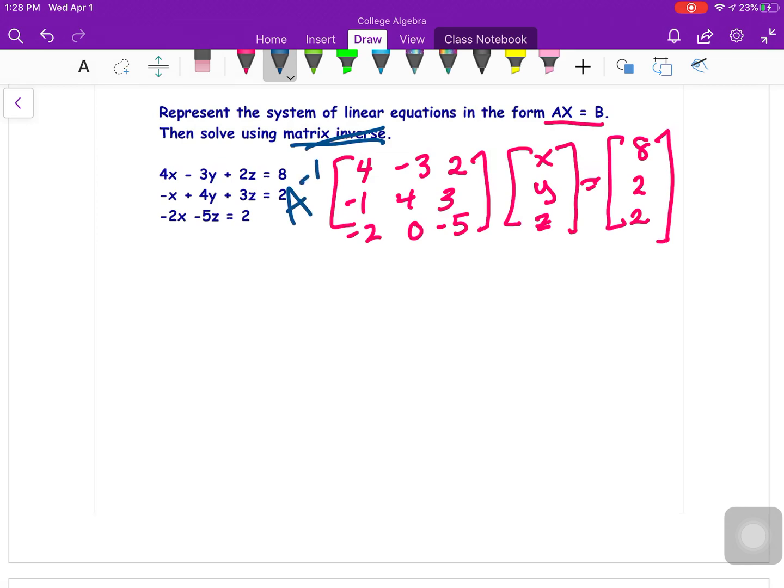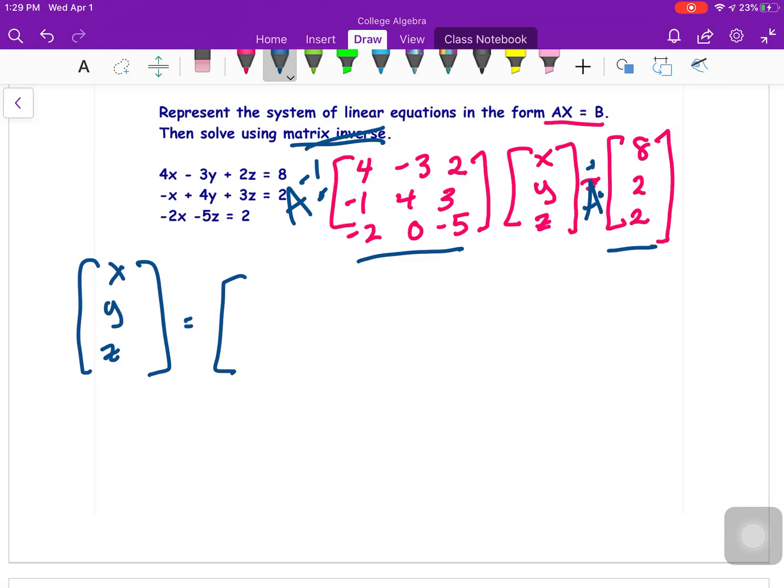So again, to solve it by inverses, I have to take A inverse times the front. Only way I'm going to be able to do this is on my calculator. So I'm going to have to do the inverse of this matrix and multiply it by this one. So to get X, Y, and Z,